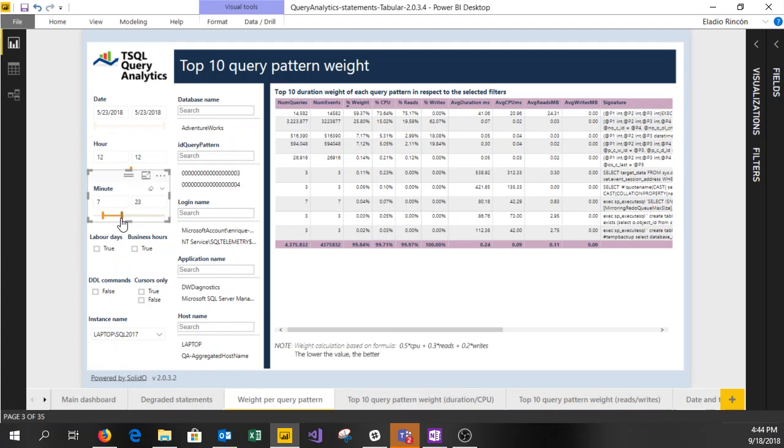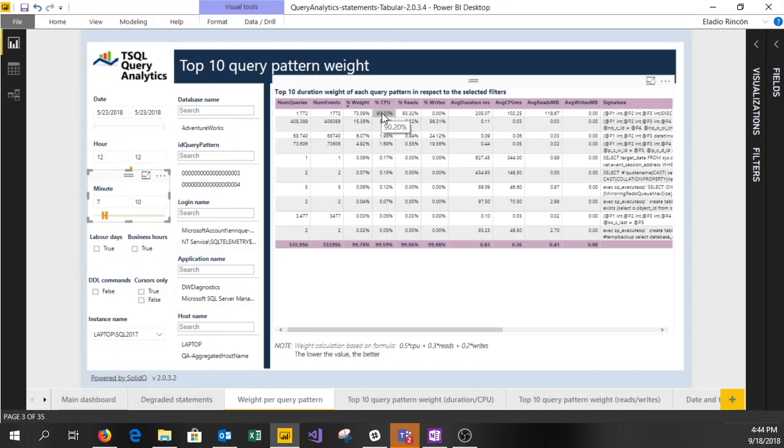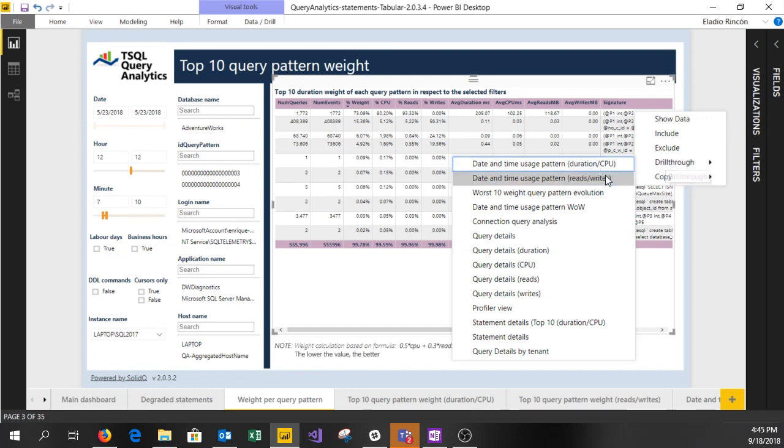So if I put the filter from minute 7 to minute, let's say, 10, for example, we can see that the query pattern that has spent 90% of the time during this period was this one. So this is telling us that during these 2 minutes something was happening with this specific query. Okay, so what can we do with this? If we right click on the query and we select drill through, and we go to query details,